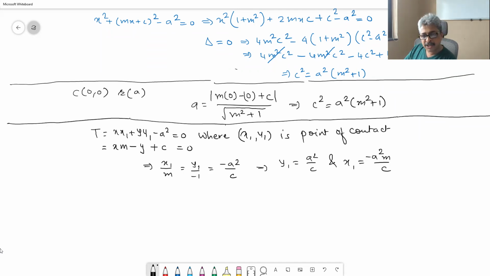They satisfy, this is the point on the circle, therefore minus a square m by c bracket square, that is x square, plus a square by c, that is y square, minus a square is equal to 0. This implies